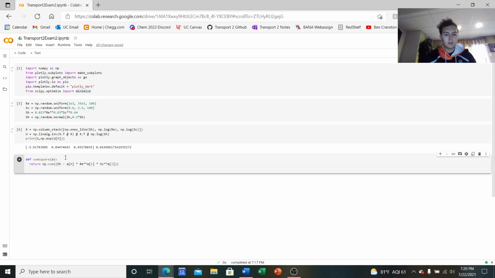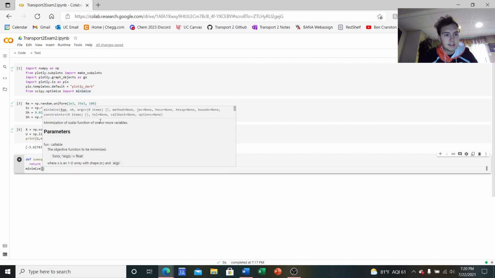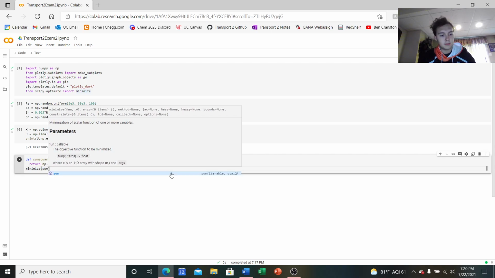And then what we want to do, this is where the minimize function can come in handy. What minimize does is that it minimizes the scalar function of one or more variables, which is just minimizing the error again. It's taking away that error that we put in up here. It's covering it right now, but when we multiply that 0.1, it's helping to minimize that error in the objective function of it. And so we want to take the minimization of the sum square equation that we just made,